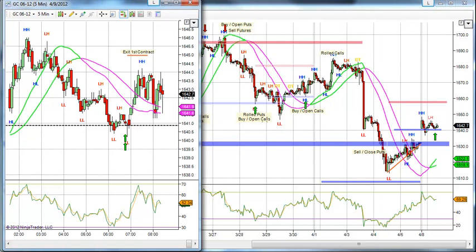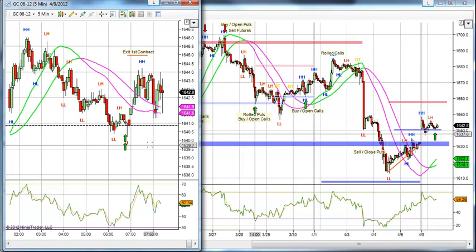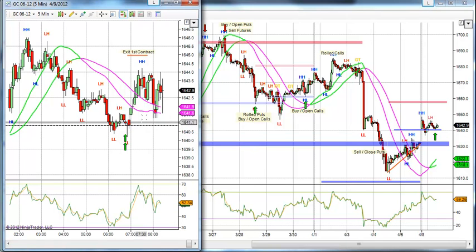We have an intraday position on the futures contract with a very limited risk. The risk would be under this 1640 area, getting long the trade at 1641. So not much of a risk at this point, and as we continue to create a basis in here, if we can get that first one off at about 45, then we'd be in pretty good shape to move the stop up and secure a profit for sure,